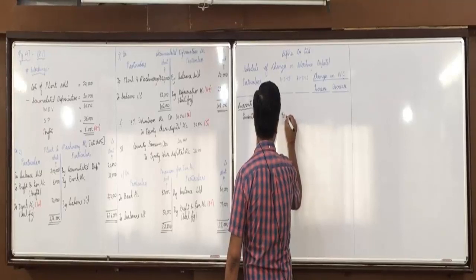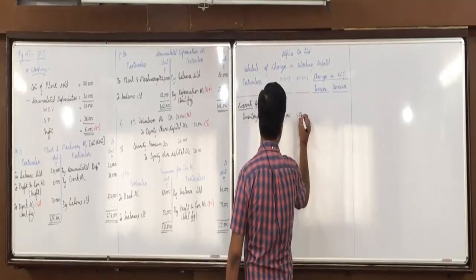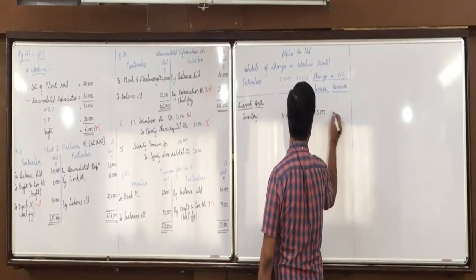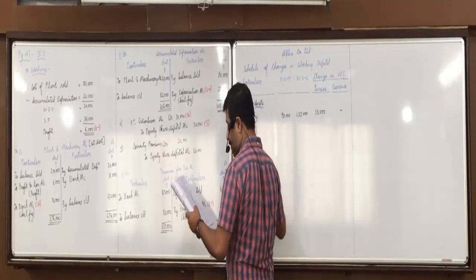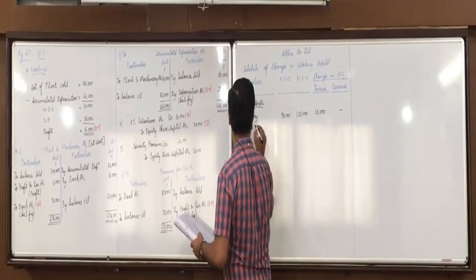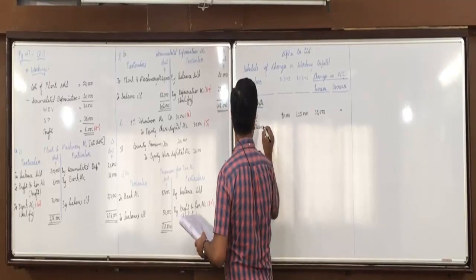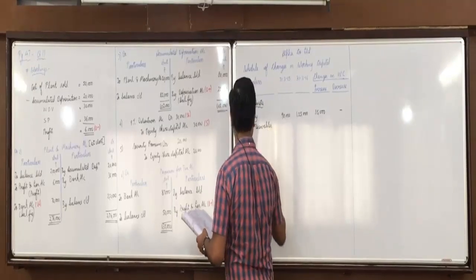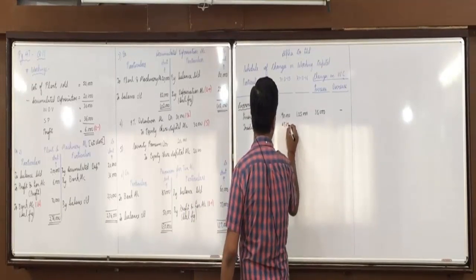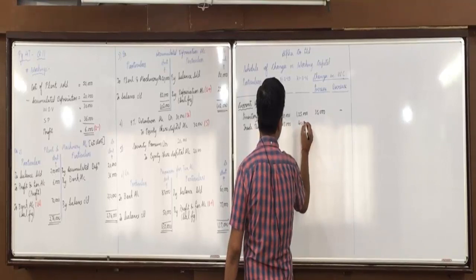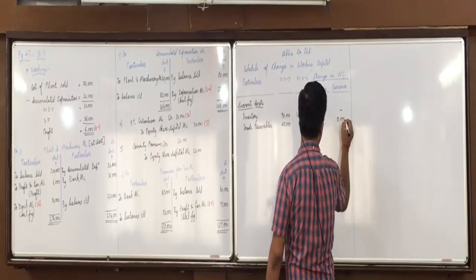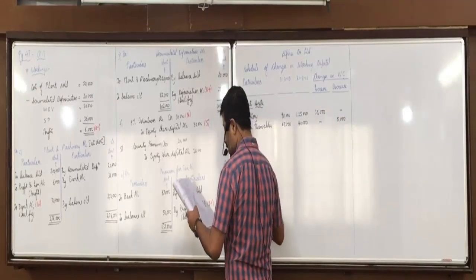Now current assets have a direct relation. Inventory is increasing by 35,000, so working capital will also increase by 35,000. Did you understand this? Then trade receivables, 45,000 and 40,000. Again, it has a direct relation. Trade receivable is decreasing by 5,000, so working capital will also decrease by 5,000.